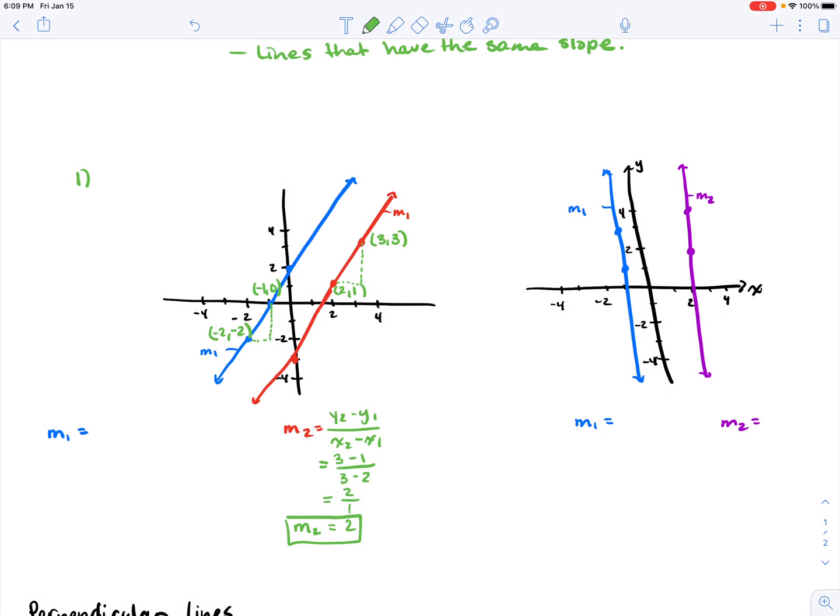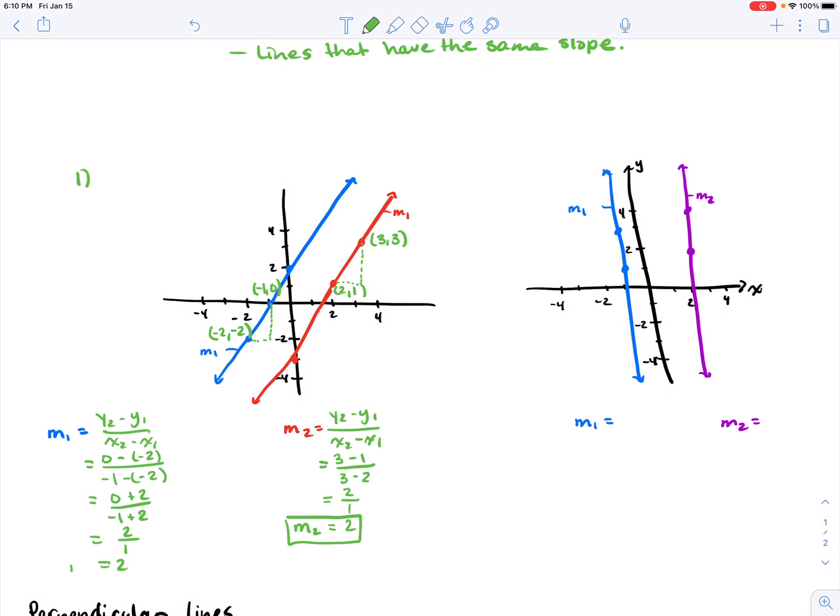And again, we're going to put them into our slope formula, which is y2 minus y1 over x2 minus x1. We have 0 minus -2 divided by -1 minus -2. So of course that gives us 0 plus 2 divided by -1 plus 2, or 2 over 1,